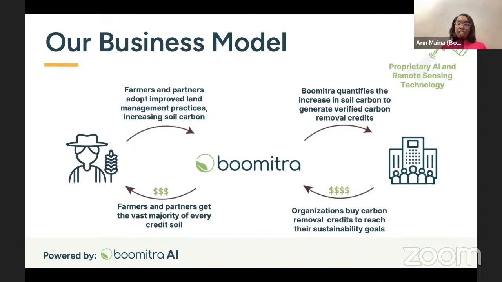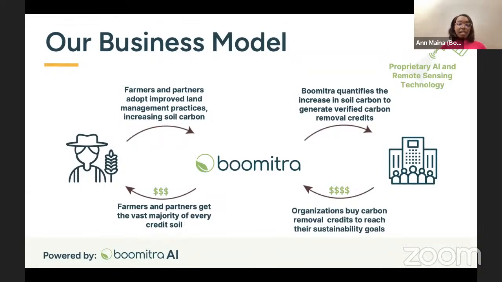So right now, we've been able to measure and we know the amount of carbon that we have in the soil, but all we have at the moment is just the carbon and the quantity. So how do you actually bring it to the market for it to be verified, for it to even generate revenue that is going to go back to the farmer, who is the person who has worked really hard to increase their soil organic carbon? So we go through a process by Verra. We've heard of organizations like Gold Standard, Plan Vivo, and Verra. For us, we use the Verra certification, who certify our carbon credits.